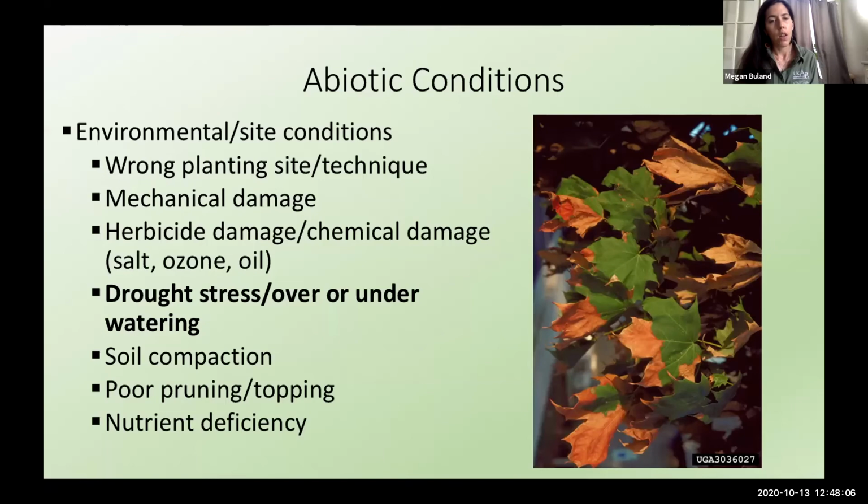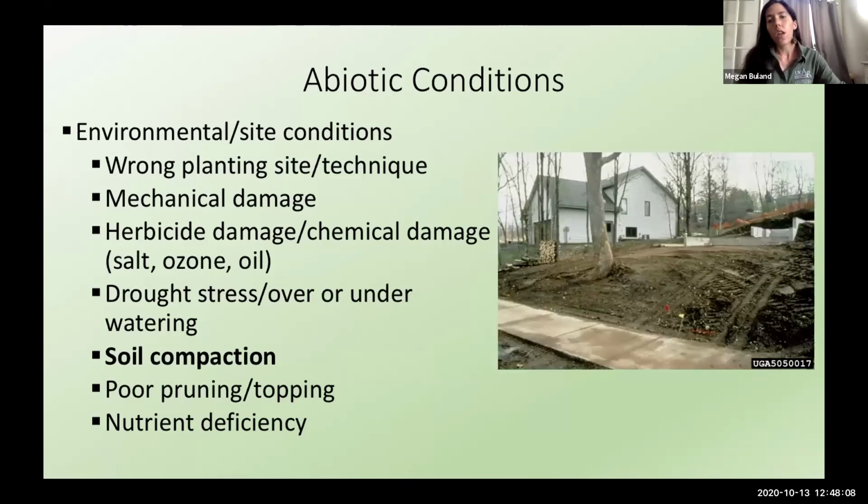Soil compaction is a commonly seen issue in landscape trees, but it's not usually something that people think of right away. Soil compaction can occur from that soil around the tree roots being pounded down again and again by construction, by cars driving around the root zone of that tree constantly. Maybe you put in a new driveway, or your neighbor put in a new driveway in the last few years. All the soil around a tree nearby may have been compacted and might impact the health of those tree roots